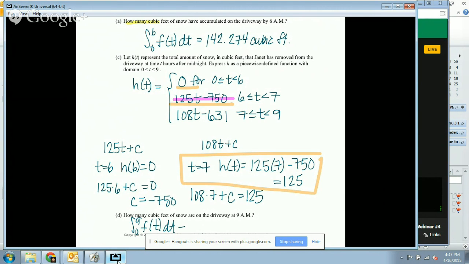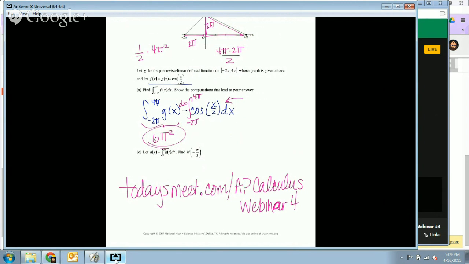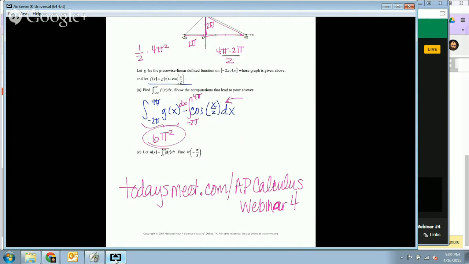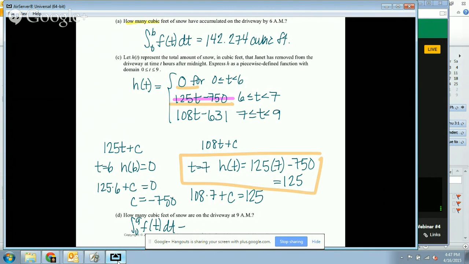I subtract the amount that I removed at 9 hours to my piecewise function that I just had up here. So I know that I have this right. I have 108 times 9 minus 631. And so that is going to be equal to, hopefully I'm using my calculator,